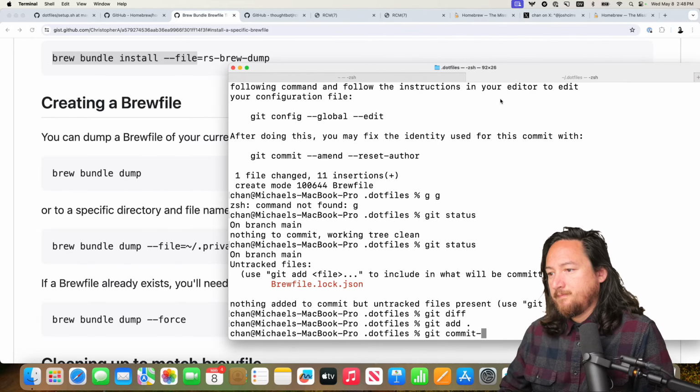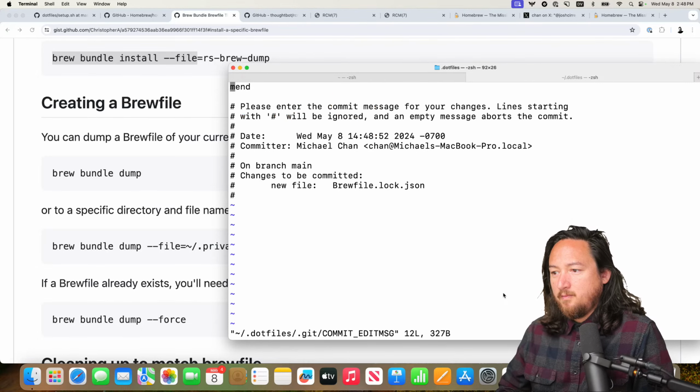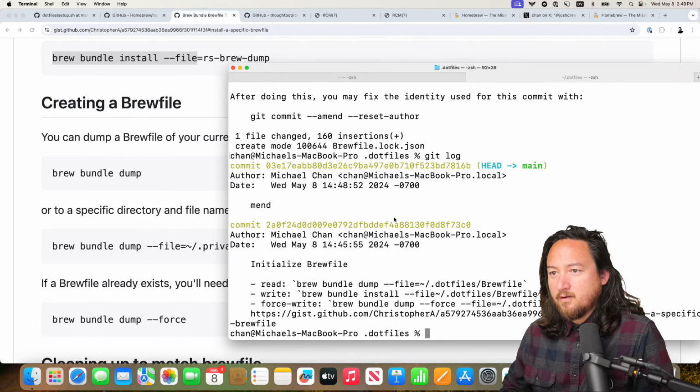So let's amend that commit. Git commit amend. There we go. Whoa. What do I do here? Git reset